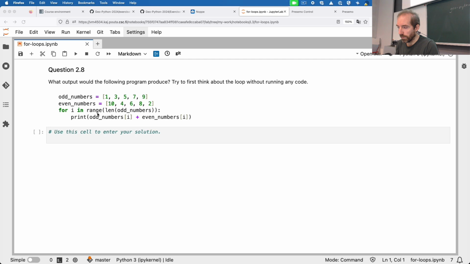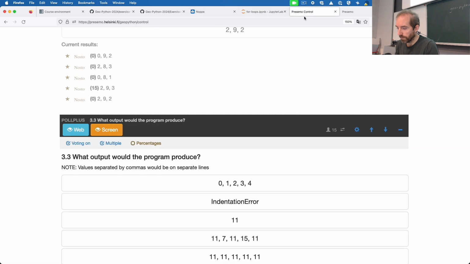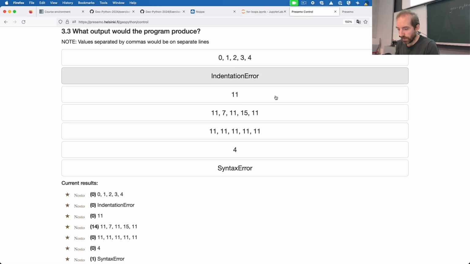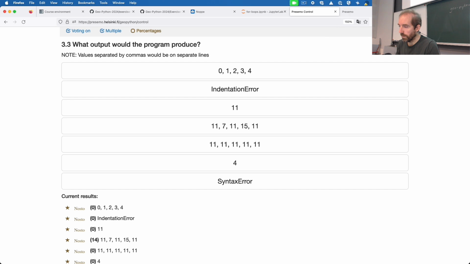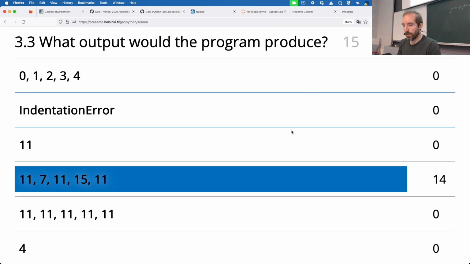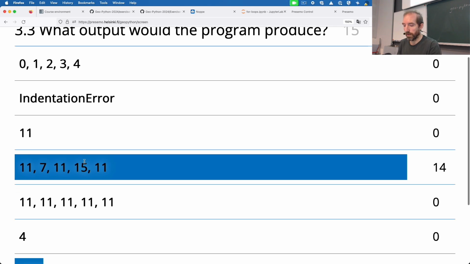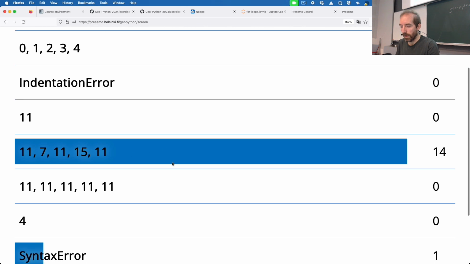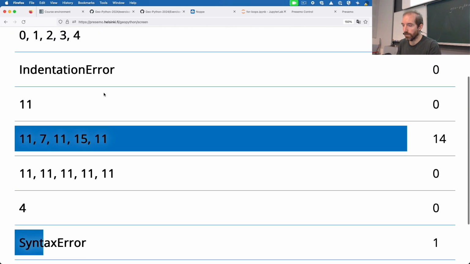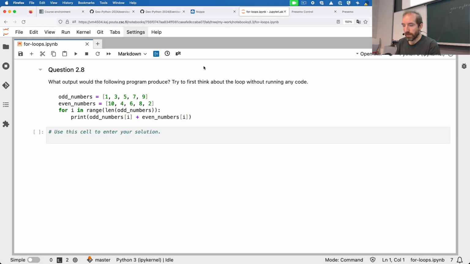And let's see, did people actually fill in some responses here? It looks like, yeah, there were some responses here. So we had 15 answers, the most common being 11, 7, 11, 15, 11, and then one syntax error. So here we have our code, and conveniently enough, we can simply copy and paste it in